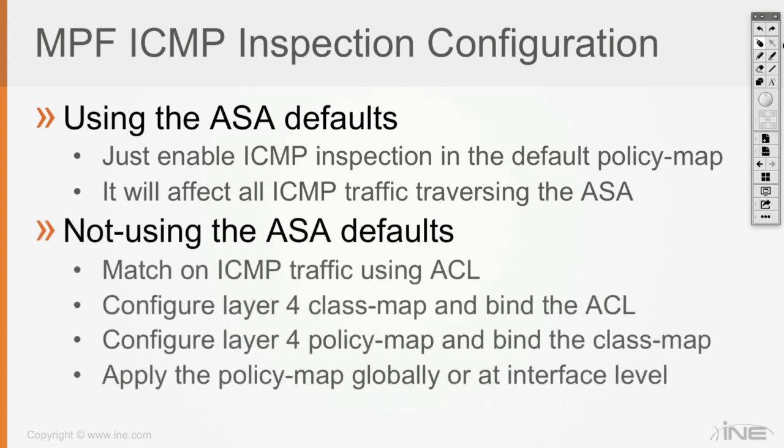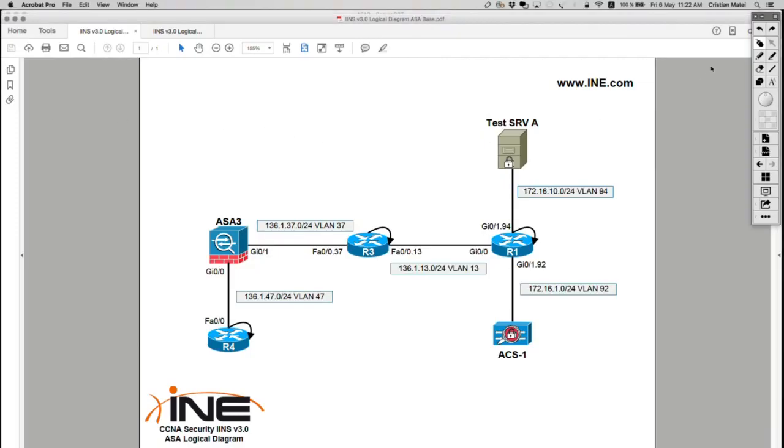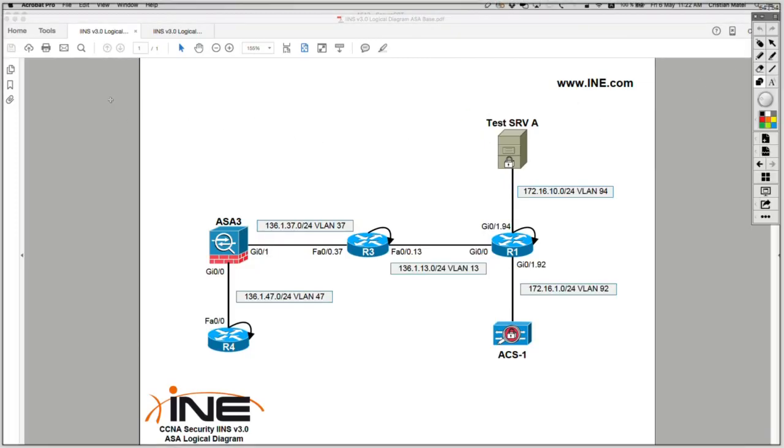If we don't want to make use of the default MPF configuration of the ASA, then we're going to match on ICMP traffic using an access list. Then we're going to configure a layer 4 class map and bind the ACL, and then configure a layer 4 policy map and bind the class map. And in the policy map, we perform the inspection of ICMP, and then we apply the policy map globally or at the interface level. So if you want to visualize that, in here we configure the access list